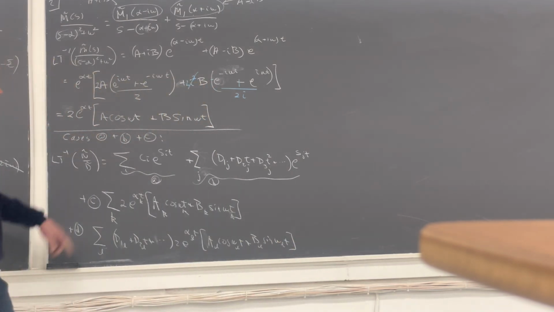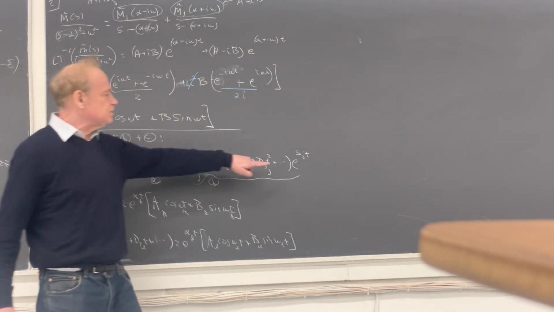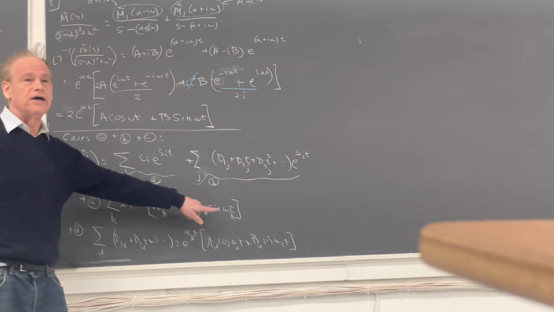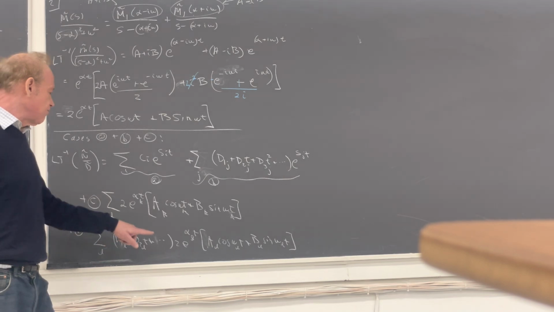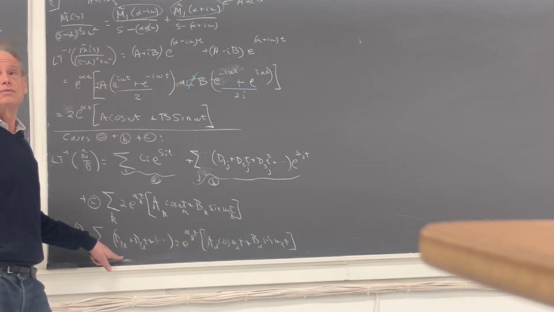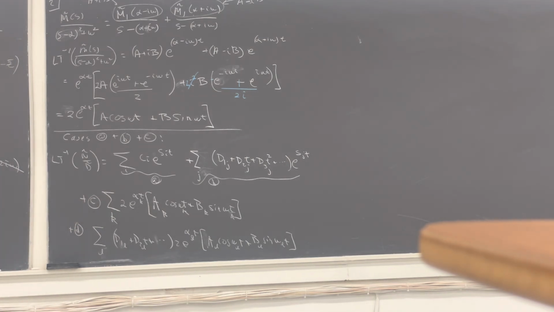So here I have just exponentials. Here I have exponentials times powers of t. Here I've got exponential times sine and cosine. And here I can have exponential times sine and cosine times powers of t. All those are possible. And what we've done here is we've come up with the most general solution you can think of